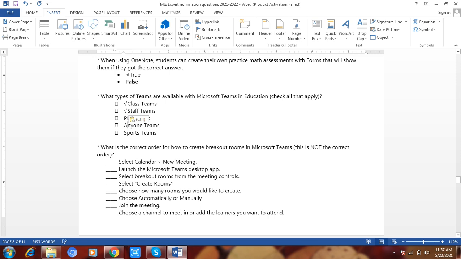Describe how you leverage Microsoft tools to increase accessibility for all learners in your classroom. What tools do you use and how do they support different learning needs? You write again up to 2000, minimum 500 characters.